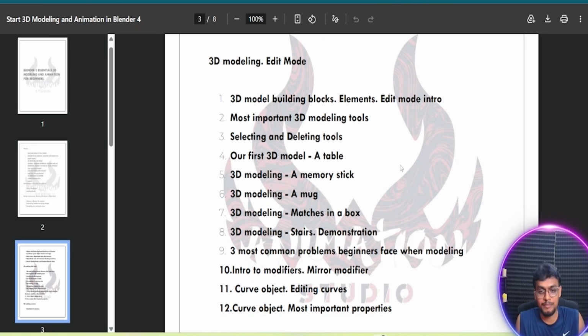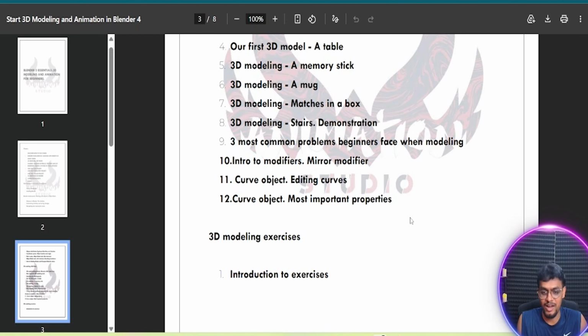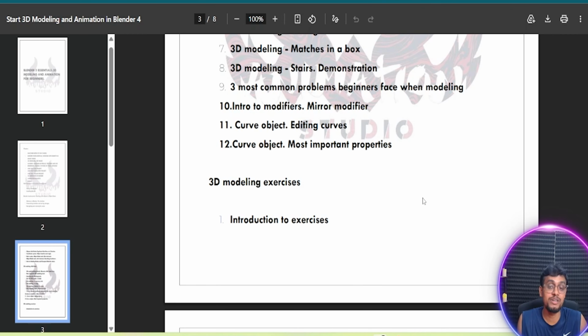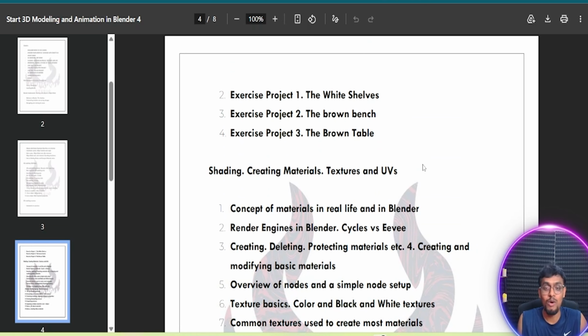edit mode, 3D modeling building blocks, elements, edit mode intro, most important 3D modeling tools, selecting and deleting tools, our first 3D model table, 3D modeling memory stick, 3D modeling a mug, 3D modeling matches in a box, 3D modeling stairs demonstration, the most common problems beginners face when modeling, intro to modifiers, mirror modifiers, curve object, editing curves, curve object most important properties, 3D modeling exercise, introduction to exercise project 1, white shelves, the brown bench and brown table,